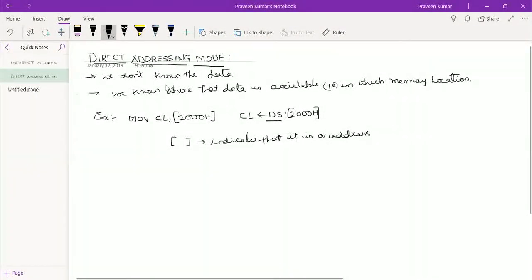So the processor takes anything given in the square brackets as an address. Therefore, the instruction says move the contents available in 2000H to the register called CL.